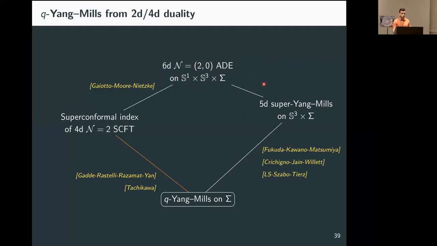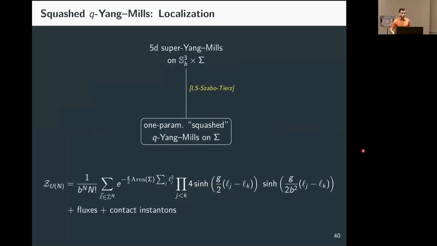And indeed, we first reduced to 5D super Yang-Mills on S3 cross sigma, and by a direct localization computation, we have found that in fact we get the same result as Tachikawa and these other people for Q Yang-Mills on sigma. Then we may ask what happens if we deform the 5D geometry by squashing the 3-sphere. And this way we get a simple modification of the result, which we call squashed Q-deformation,